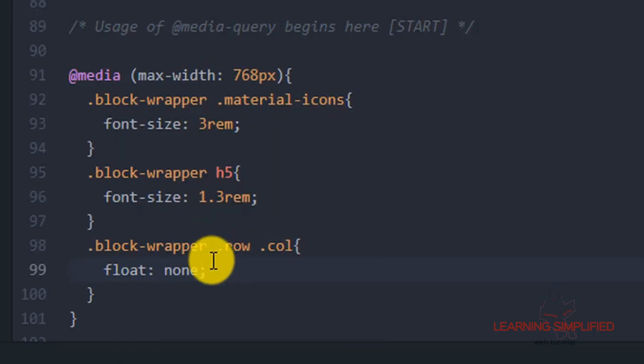We have defined that the style properties of the rows and columns under this block wrapper class will execute a float none property under this 768 pixels condition. This is the thing that we actually intend to do.